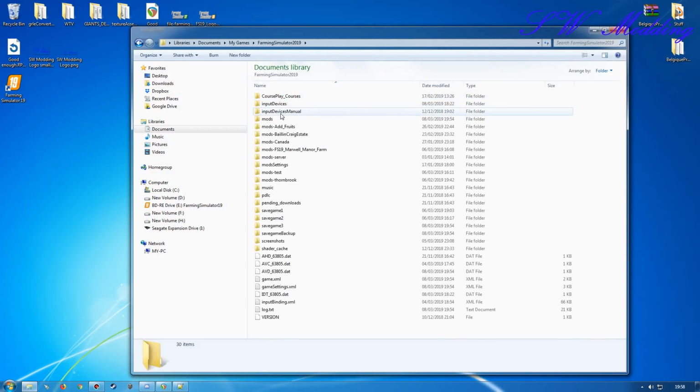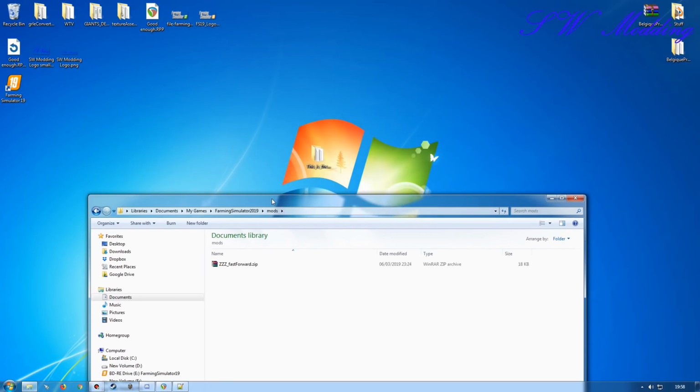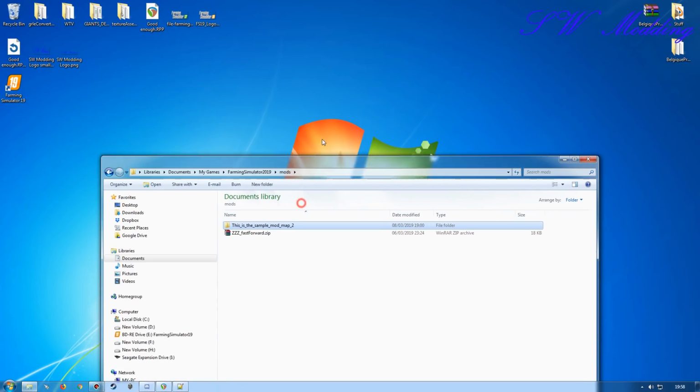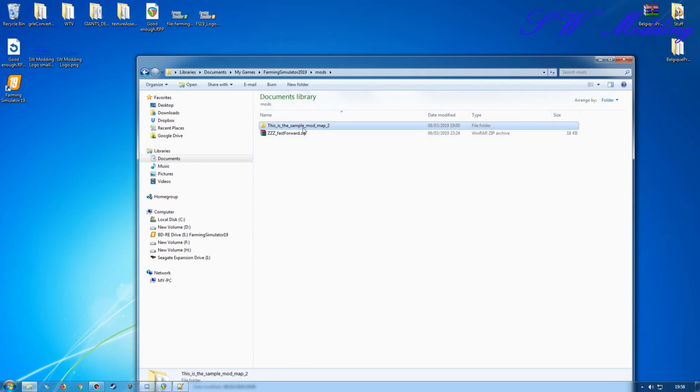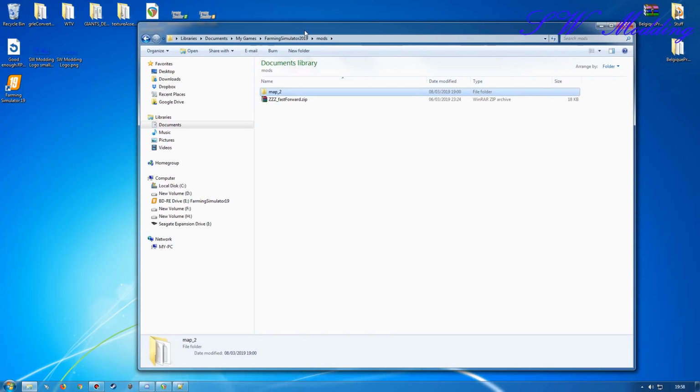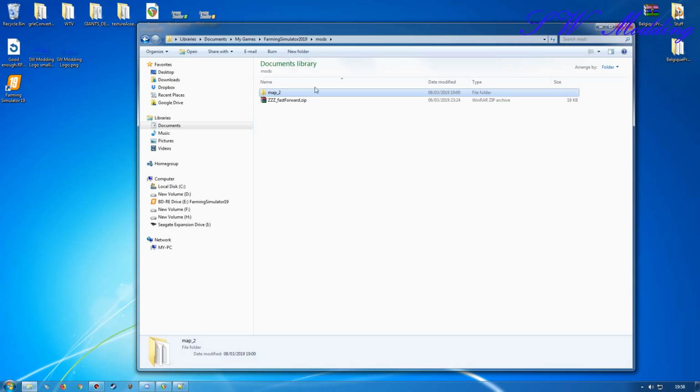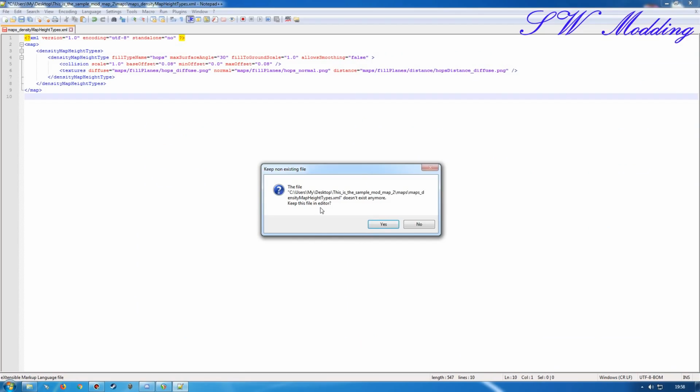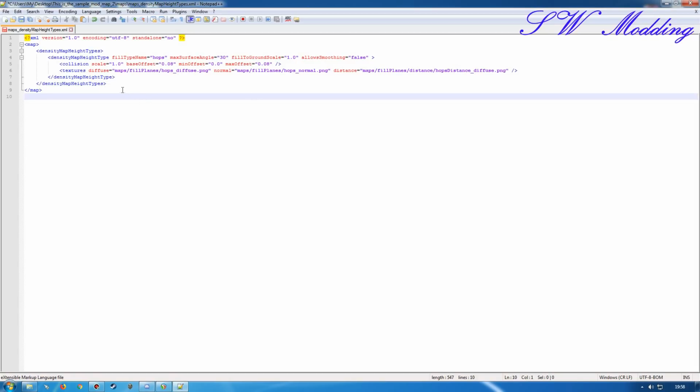So if I go into here, mods, and then drag that into there like so, what I'm going to do is actually change this slightly because I don't want it to be quite as long as that. So we'll just change that to map 2. There we go, that'll be fine. And then what I need to do is actually tell this XML exactly where that's going to be. So it would be,